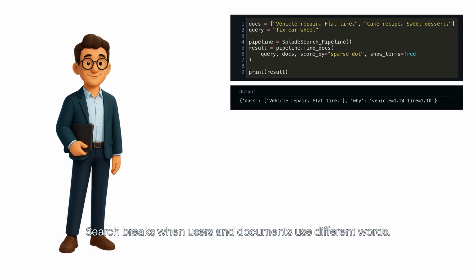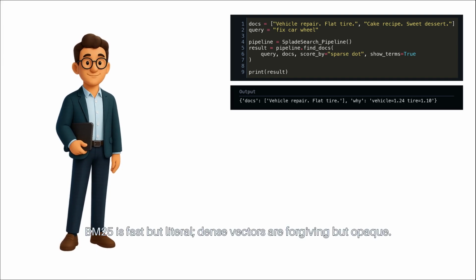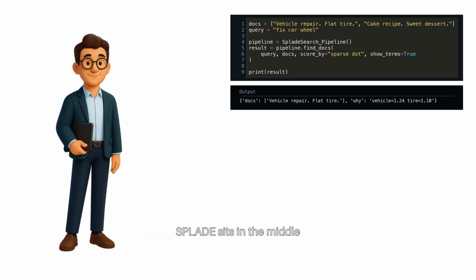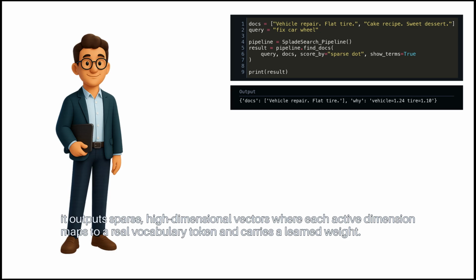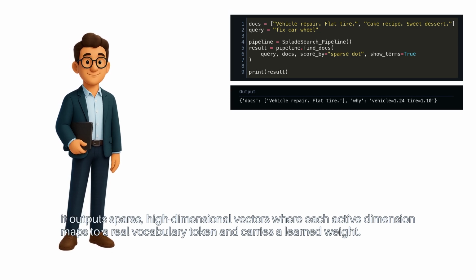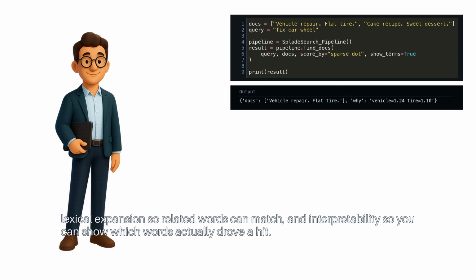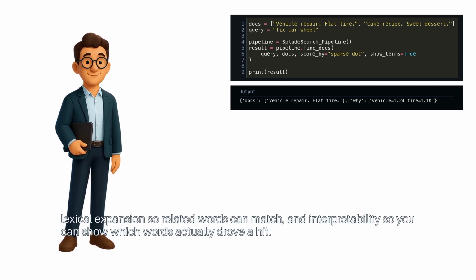Search breaks when users and documents use different words. BM25 is fast but literal. Dense vectors are forgiving but opaque. SPLADE sits in the middle. It outputs sparse, high-dimensional vectors, where each active dimension maps to a real vocabulary token and carries a learned weight. That gives two concrete benefits: lexical expansion so related words can match, and interpretability so you can show which words